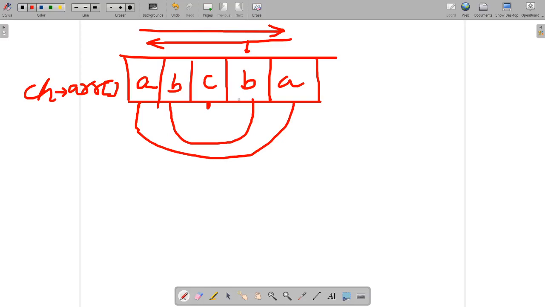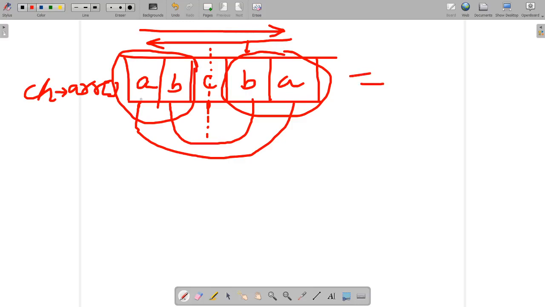Now see what I am doing: virtually I am dividing this array into two parts in the middle. I will check this half with this half. If it is an odd number, then one element will stay in between. So I am dividing the length of the array into two halves. Here the array is A B C D A, so what is the length? 5. I am dividing it by 2.